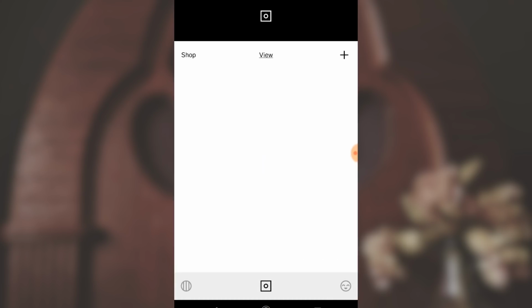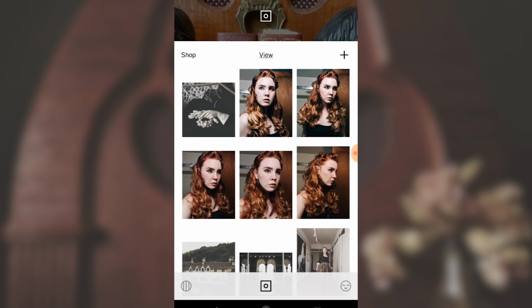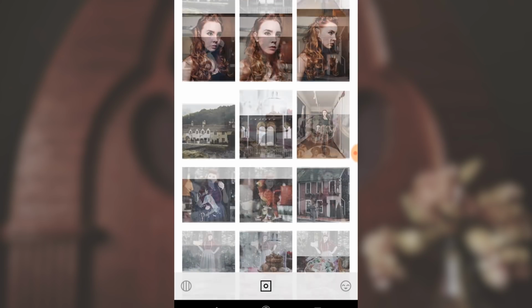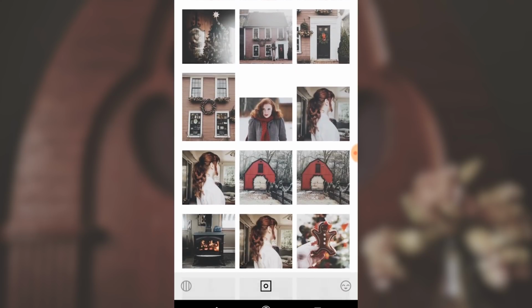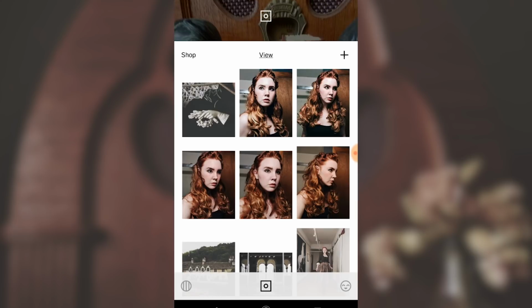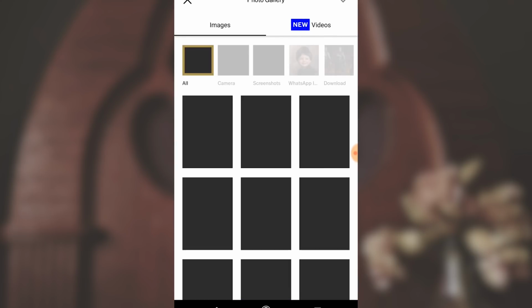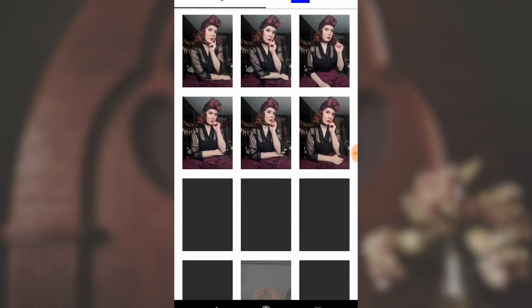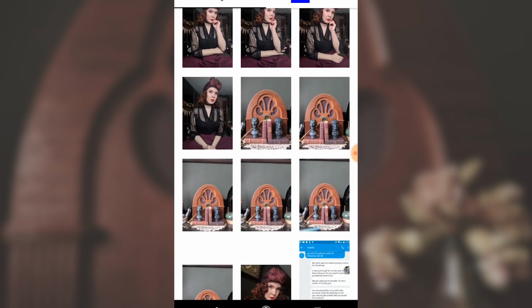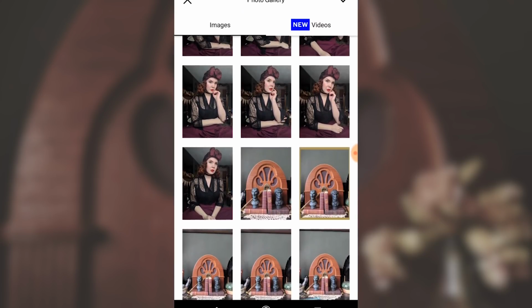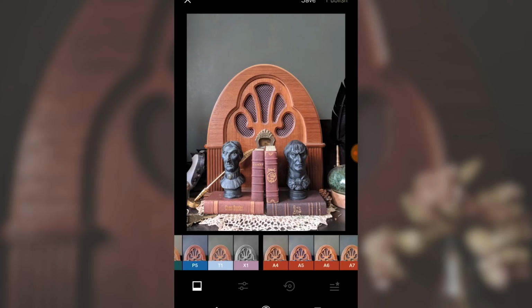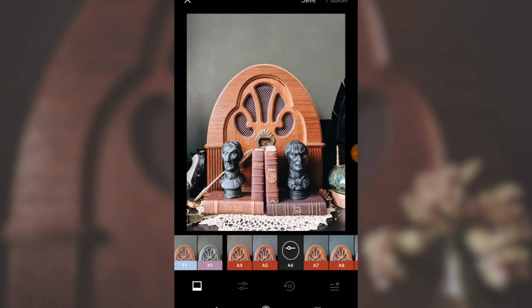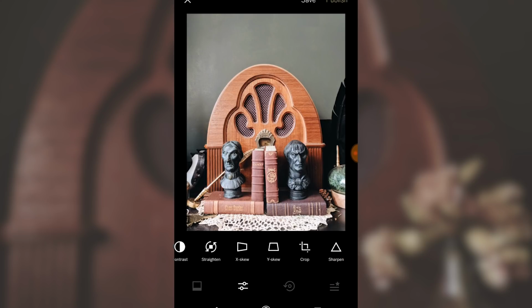So first I'm going to open up VSCO. I love this app to death. Mine's a little bit messy, but it gets the job done. So I'm going to import both a selfie and then that knick-knack photo I just took so that you can see how both are edited. They're pretty similar, but okay, so taking that knick-knack photo, I'm going to use the filter A6,